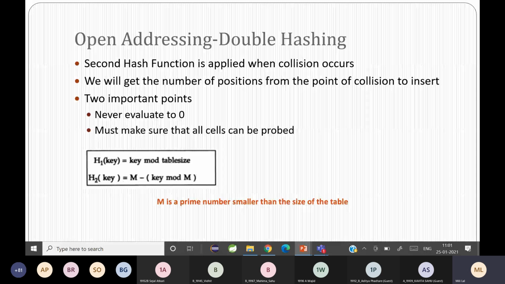Now look at this example. Can you see the screen? Can you all see the screen? Yes. No, ma'am. Okay, just wait. It might be due to some internet problem. You'll get to see. What about others? Can you see the screen? No, ma'am.